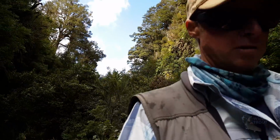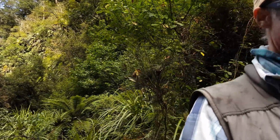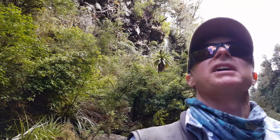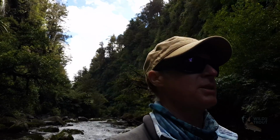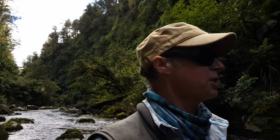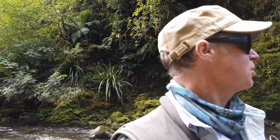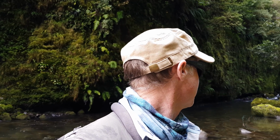Right, I'll switch the camera off and concentrate on what I'm doing. I've got quite a mission to get down. It's a pretty cool waterfall just up here on the side, coming in from a little side stream, which is neat. Pretty awesome scenery in here, pretty amazing spot, pristine environment, really enclosed. Look at all the moss and stuff on the rocks, kind of got something out of